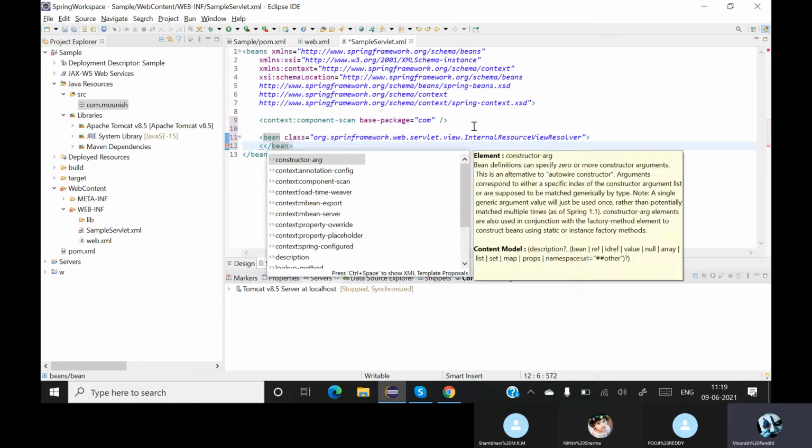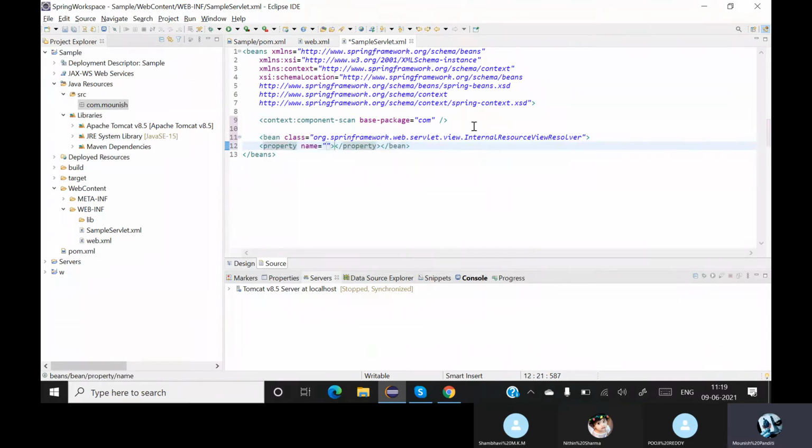So inside this you'll be having a property. So the name of the property is prefix. Okay, so the name is prefix, means the folder. The value is, we already know the value, it is WEB-INF. So inside the WEB-INF you will basically give all the content related to your view files. So you are having a property where you will be saving all the files there, that is prefix.